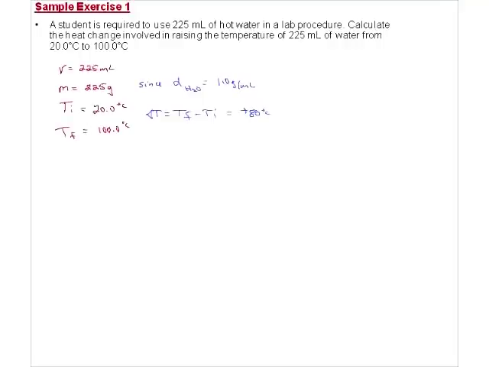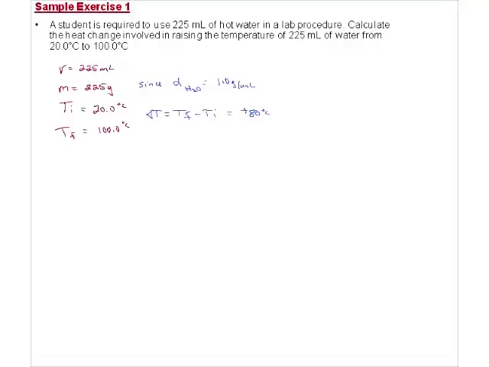Now in this case, I'm given the volume of water, and right away I'm saying since the density of water is 1 gram per mL, then that's going to refer to 225 grams of water. I've got my initial temperature given. That's where I started, 20 degrees Celsius. I've got my final temperature. That's where I ended, 100 degrees Celsius. So therefore I can calculate my change in temperature. It's TF minus TI. So 100 minus 20,